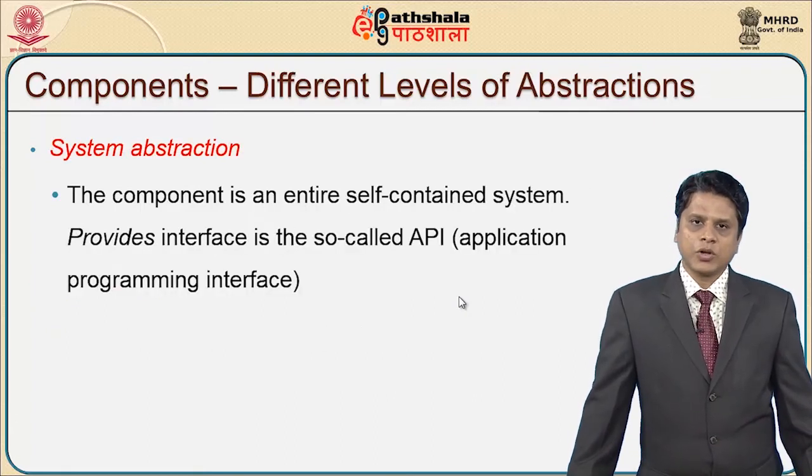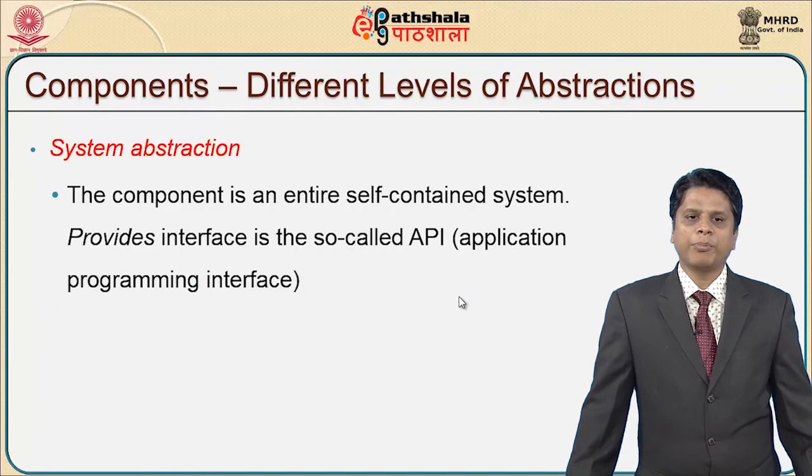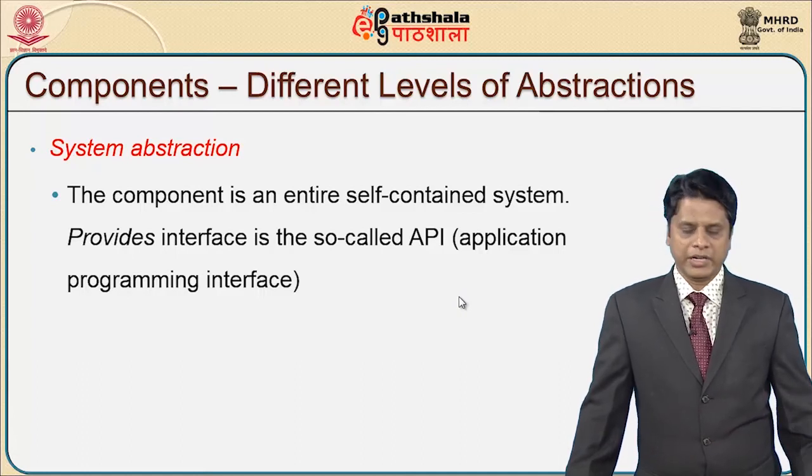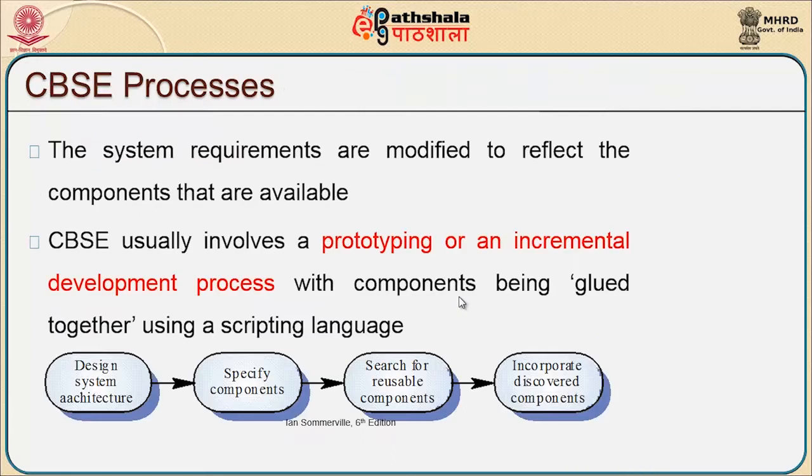Different levels of abstraction also include system abstraction, where the component is an entire self-contained system that provides an interface, a so-called application programmer interface. Some of the very well-known component-based software engineering processes include system requirements modified to reflect components that are available, usually involving a prototyping or an incremental development process with components being glued together using a scripting language. So we start from designing the system architecture, we specify what components are required, we search for reusable components, and incorporate those